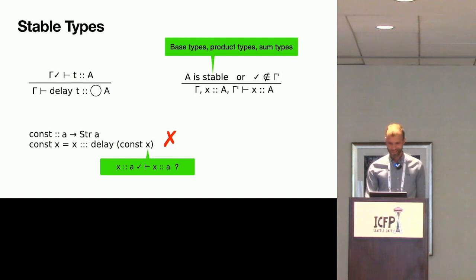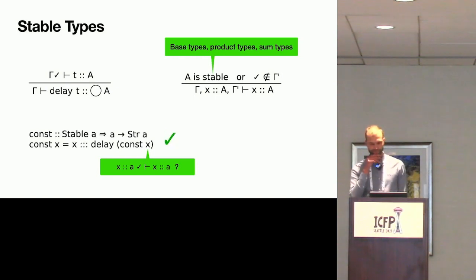And we don't know that A is a stable type, right? So that's why we cannot use A here, right? Neither of the two conditions is fulfilled. Right? And the idea is we should not move x into the future if we don't know that it is of a stable type. So what we can do instead is rely on Haskell's type class mechanism and say, well,